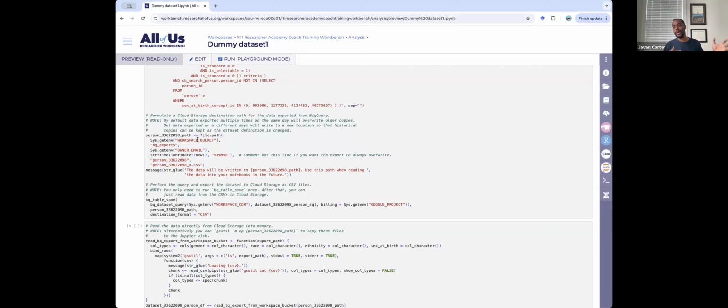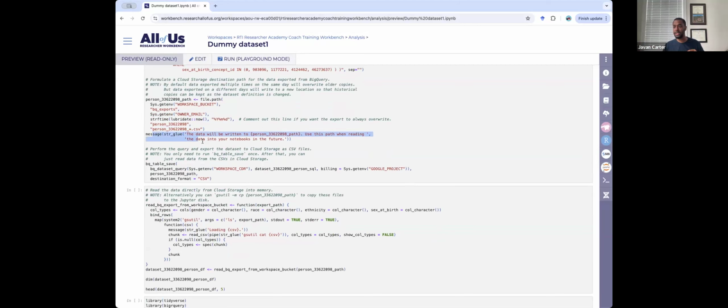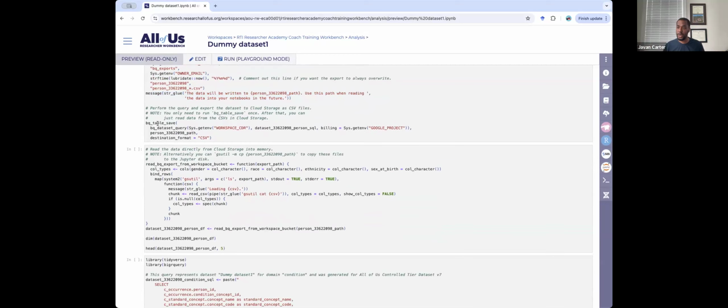This is just a message that's going to pop up saying that, hey, your data was written to this location, which is the pathway that was established. Use this pathway to read in the data in the future. So in the future, if you ever want to pull some information from your Google bucket using your account and your name, you do it using this pathway, which again was established right here. From there,